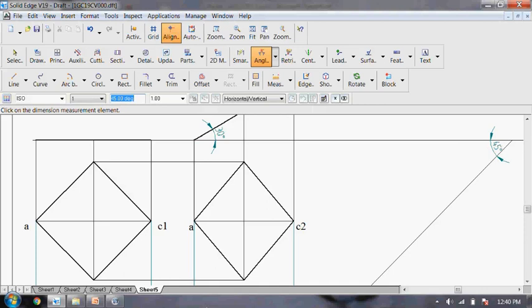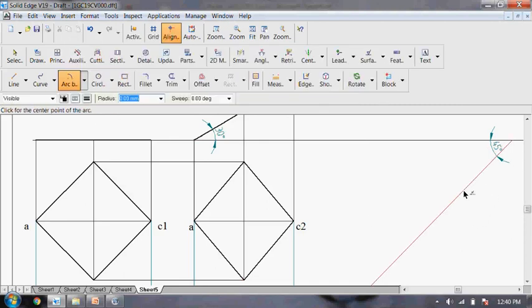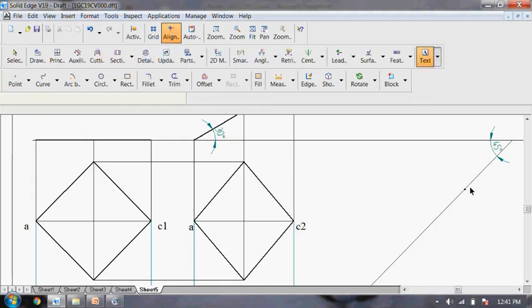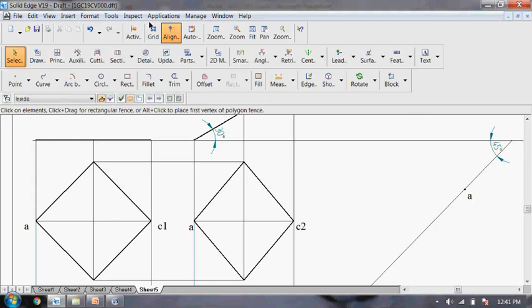So to proceed, first we'll cut an arc by taking A as the center point with radius equal to the median of regular lamina, that is AC1. Go for arc by center point. So just click at suitable position on this 45 degree line. For explanation purpose, let me highlight with a point. You need not show this point in the examination. I've just placed a point and I'll label it as A.